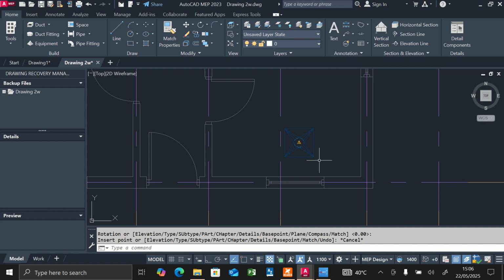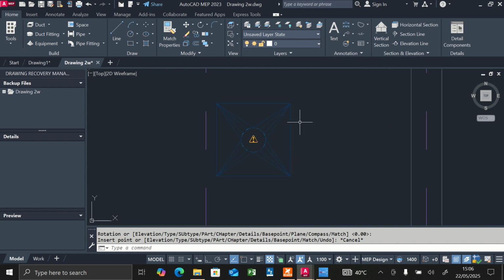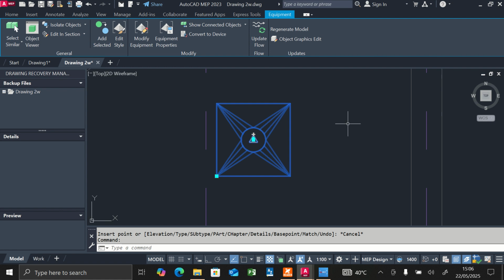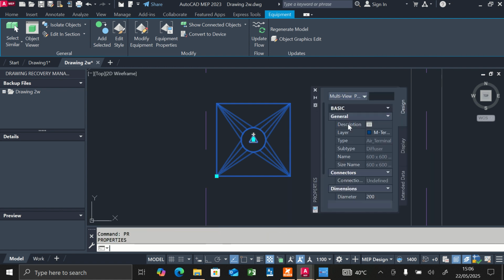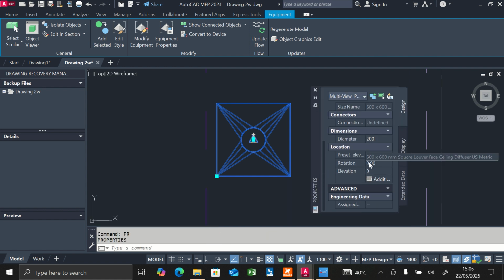All right, so let's click on it and type PR on the keyboard. The elevation is at 0. We need to make this align with the ceiling level. Assuming our ceiling level is 3 meters, we have to change this to 3 meters, which is 3000 millimeters. Alright, so enter,